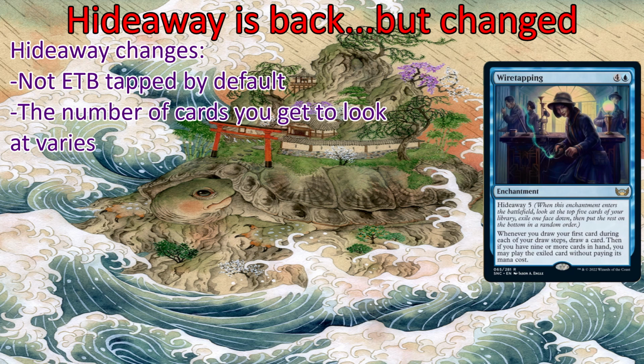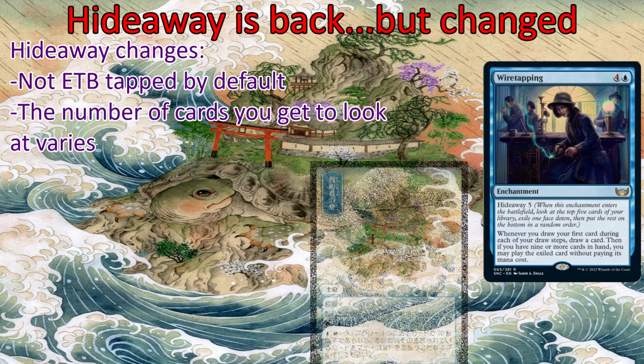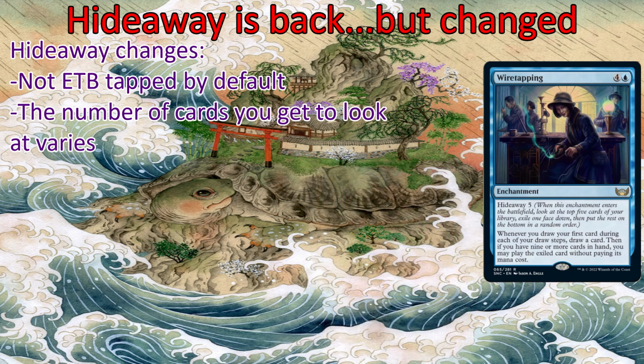Now, what this means for the old cards, and we already kinda knew that from the secret versions of the Hideaway lands, is that the old cards that had Hideaway, which are the 5 lands and Watcher of Tomorrow, will have a separate text line saying they enter tapped, and the Hideaway will be 4 for them, because that was the original intent for the Hideaway. So this is a very interesting change, because